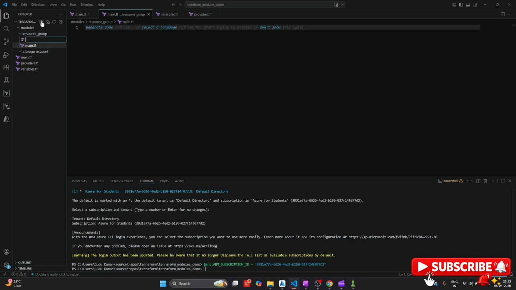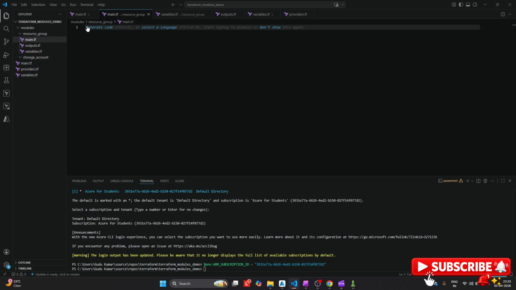Let us create another file, which is variables.tf, and then another file, which is outputs.tf. In the main.tf under the resource group, we are going to